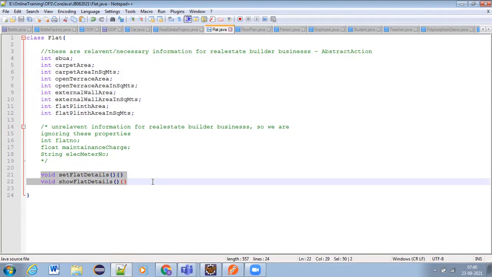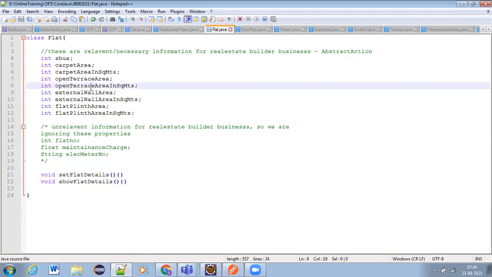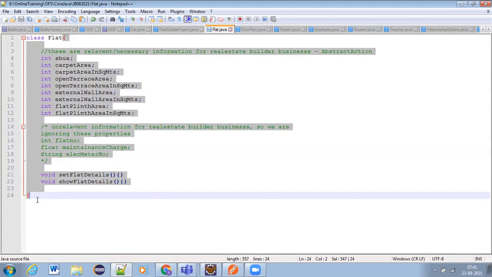Data and behavior you are putting together into a single unit called a class, right? So this process is nothing but encapsulating. Why are we putting together these data elements and member methods into a single unit? To protect them from the outside world.